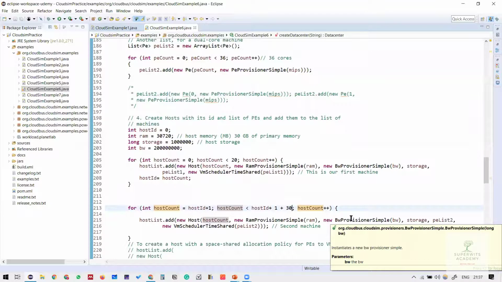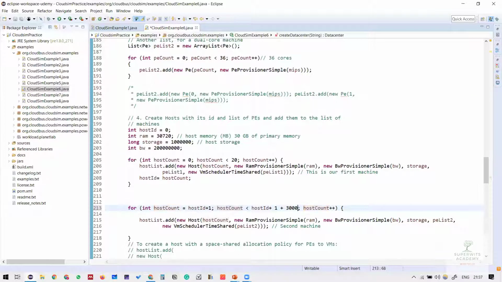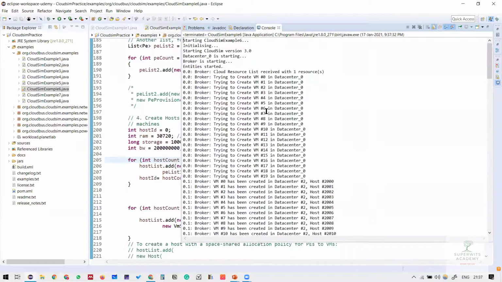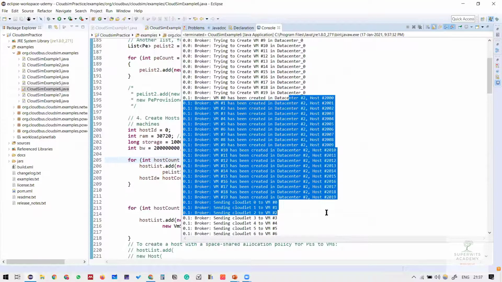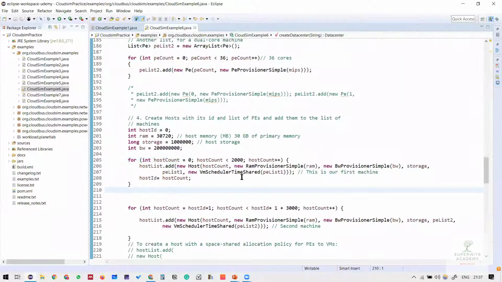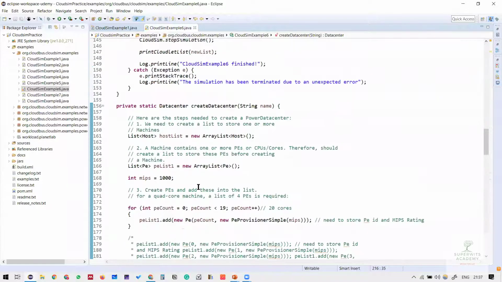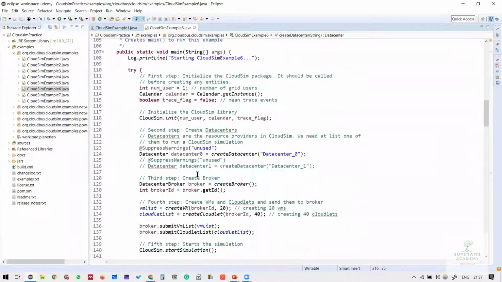So maybe if I put 3,000 here, and maybe if I put 2,000 here, then it will become a very large infrastructure, right? So if I go and create this, I need to save it. You can see it can easily generate corresponding to that particular part. So this is the beauty of this particular CloudSim simulator, that we can actually go and create the infrastructure.